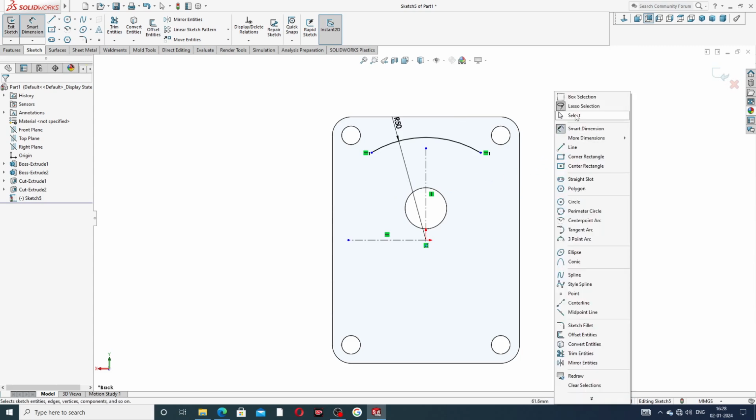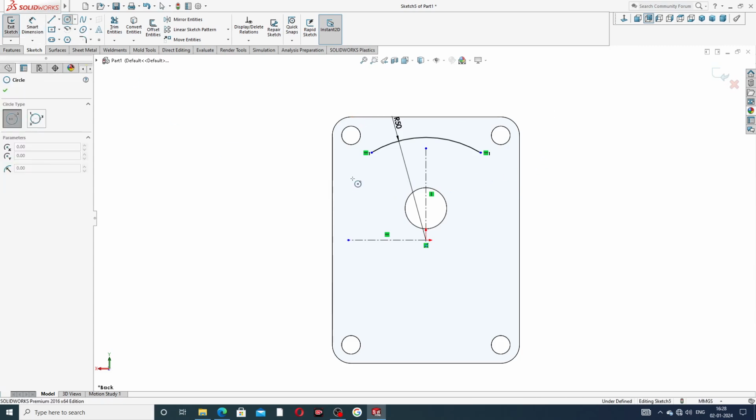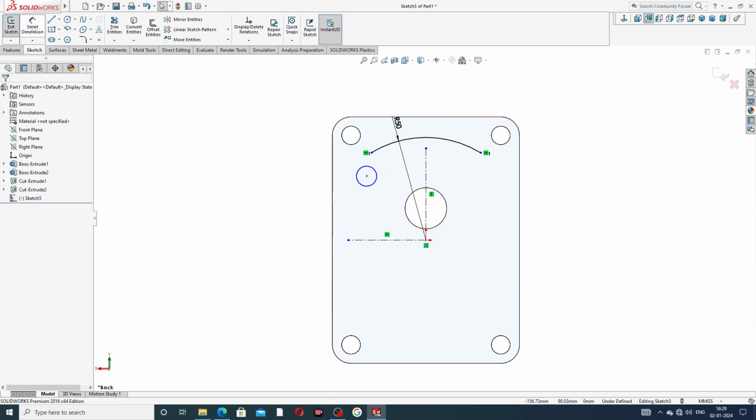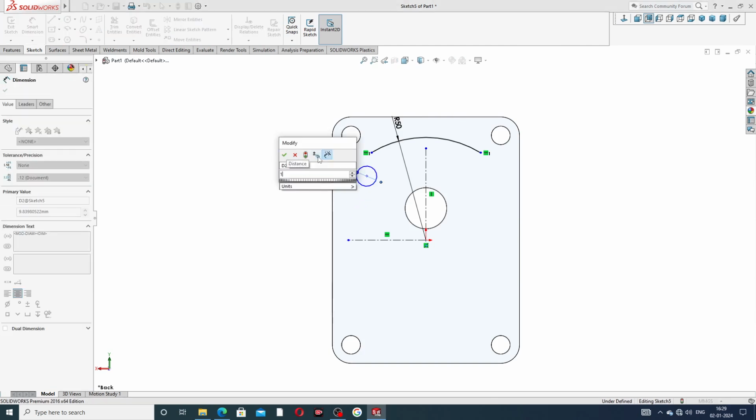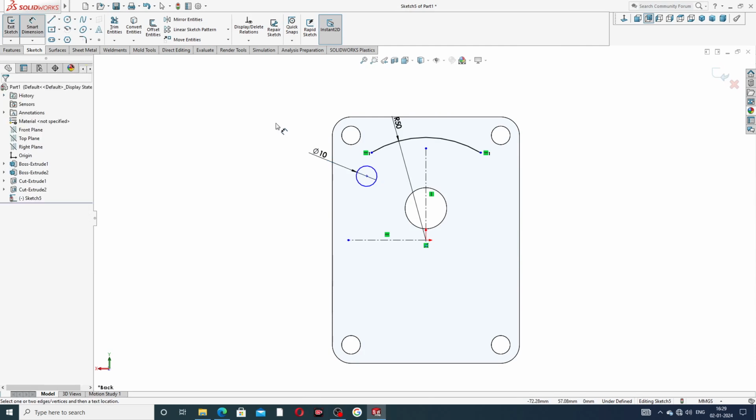draw a circle. Okay, draw a circle, and the diameter of this circle is 10 millimeter. Okay,